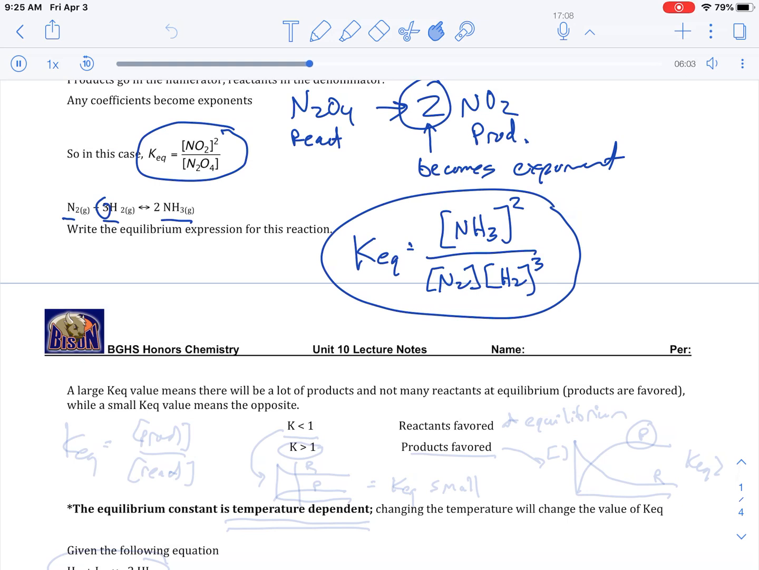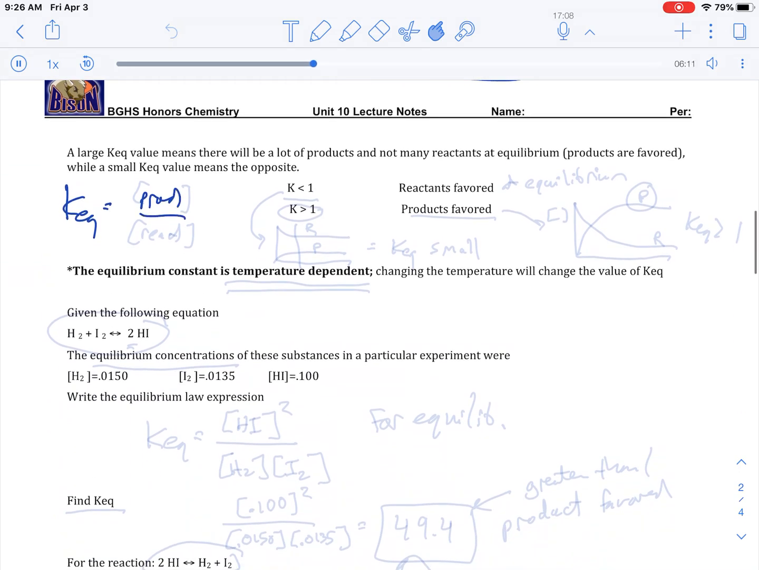All right. Now, we talked about this KEQ value. We talked about how it's a ratio of the products over the reactants at equilibrium. At equilibrium, that's important. At equilibrium meaning once the forward reaction and reverse reaction are equal and the concentrations no longer change. Well, the number itself of KEQ has meaning. And what it means is that if it's a large number or a small number, that tells you what there's more of at equilibrium. So, for example, if K is less than 1, that means it's reactant favored at